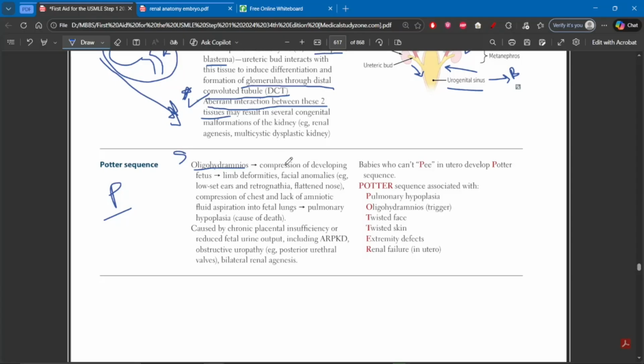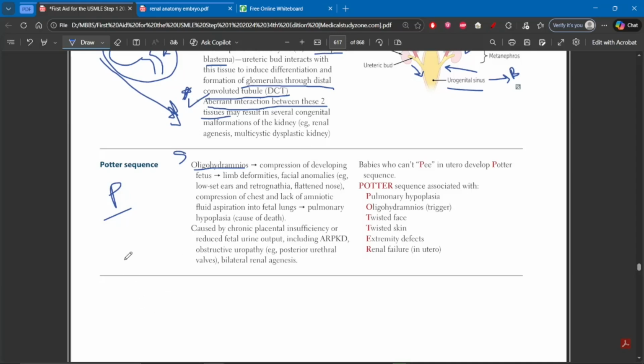So the fetus has less amniotic fluid around it. One function of amniotic fluid is to cushion the fetus from the surrounding structures. So if there is less amniotic fluid, then of course there would be less cushioning of the fetus from the surrounding structures. So what happens is that the fetus gets compressed as the size of the fetus increases. Of course, the fetus starts to push around the surrounding structures. When it starts pushing the surrounding structures, of course, they are fixed. So they start to